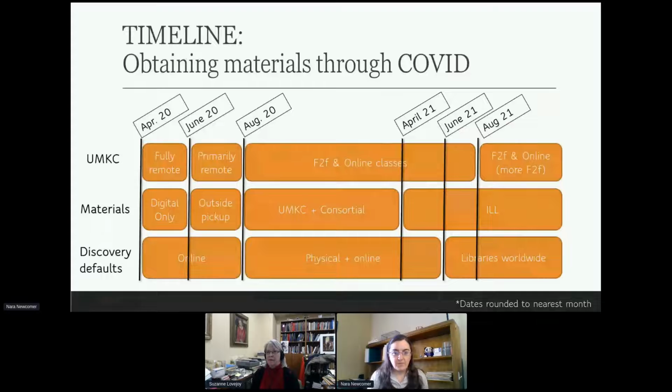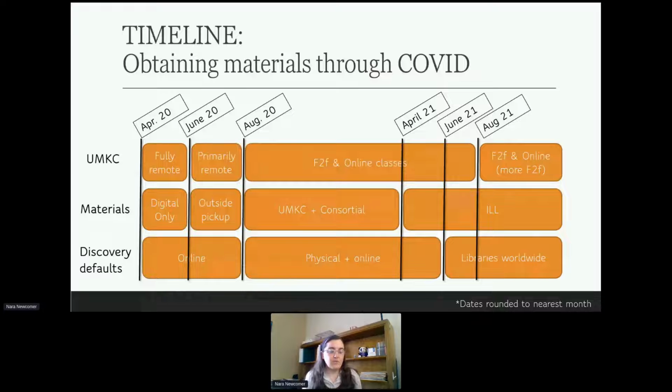Because everyone's experience varied through COVID, I've provided here a basic timeline of our experiences at UMKC. I also want to note that interlibrary loan never stopped for email delivered items throughout this entire time. So after the initial shutdown period here, we had what was called repopulation, and we had people start coming back